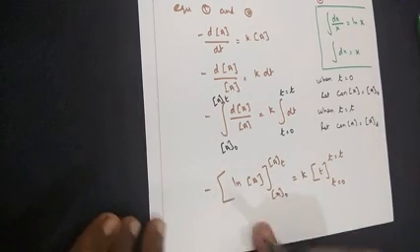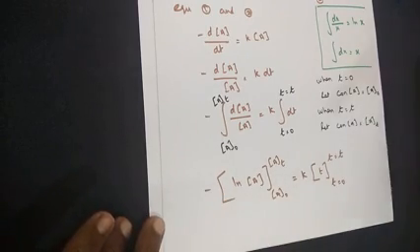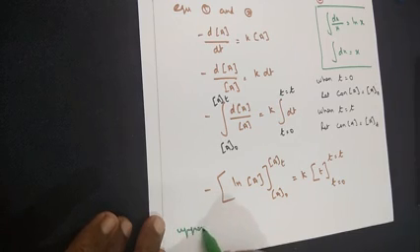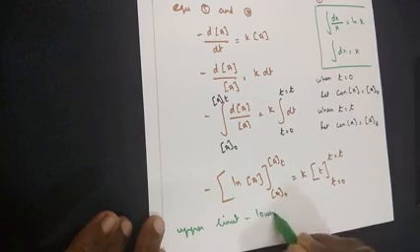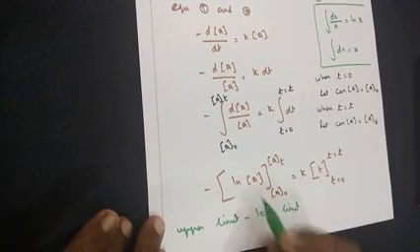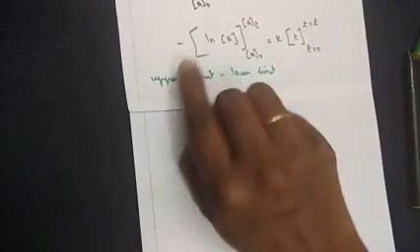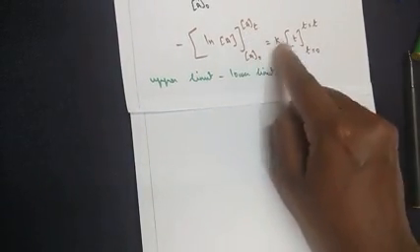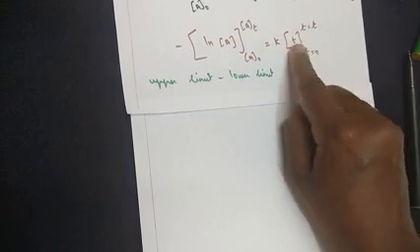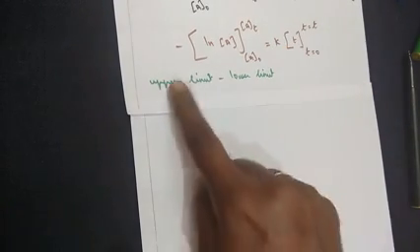Now next, when we have a limit, you need to remember one small clue here. Write it always as upper limit minus lower limit. If you remember this clue, writing it in terms of expressions will be easier for you all. So the same step I'm writing: minus natural log of A, lower limit and upper limit, is equal to rate constant into time, with lower limit and upper limit.